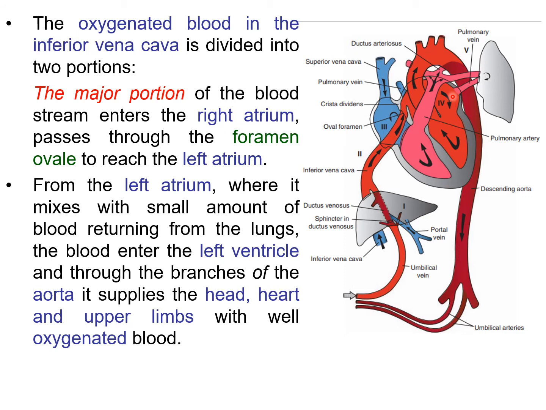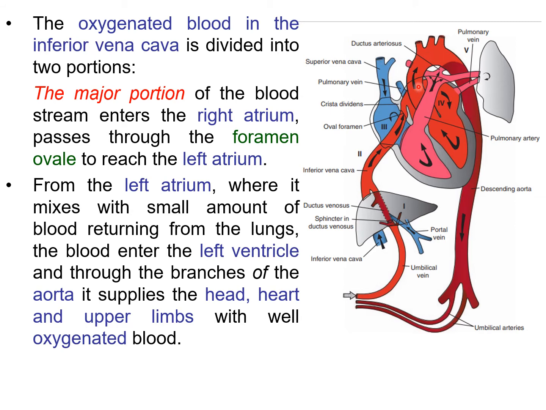So again, the major portion from the inferior vena cava, the oxygenated blood, enters through the foramen ovale into the left atrium, where it mixes with a small amount of blood which is coming from the lungs, because the lungs of the new fetal life are not functional. So that blood which is supplying the lung tissue is coming back, that is the 10% blood, which mixes with the blood which is coming from the right inferior vena cava through the right atrium, and from here all this blood enters into the left ventricle, and from the left ventricle it is pushed back to the ascending aorta, arch of aorta,